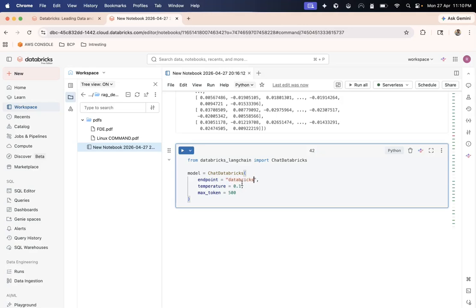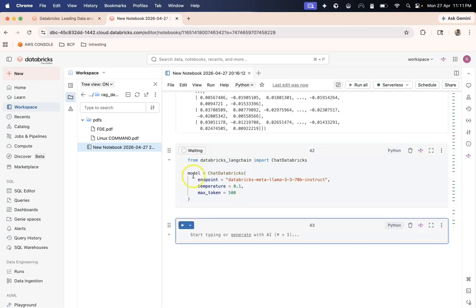Databricks Meta Llama 3.3, and you don't need to memorize this number because I am also typing it by looking at somewhere. Instruct. After this model is loaded, and remember this model is not being loaded into the memory, it's an endpoint, I can invoke this endpoint using some prompt.